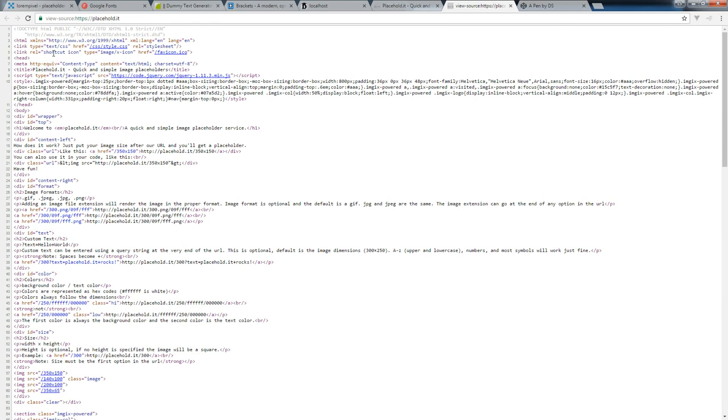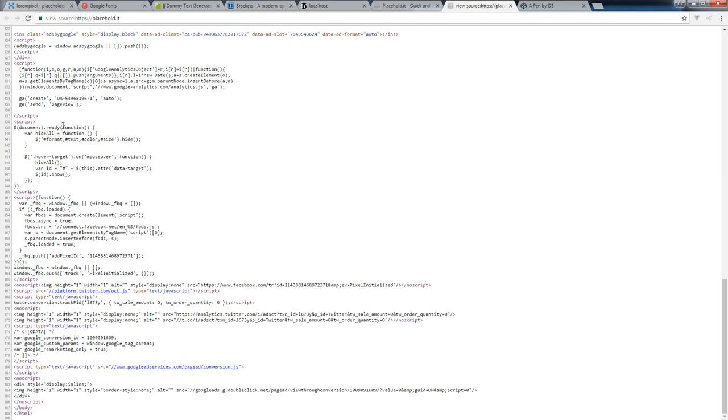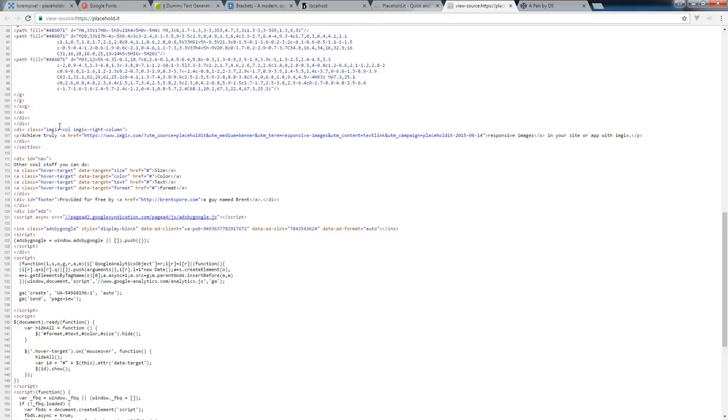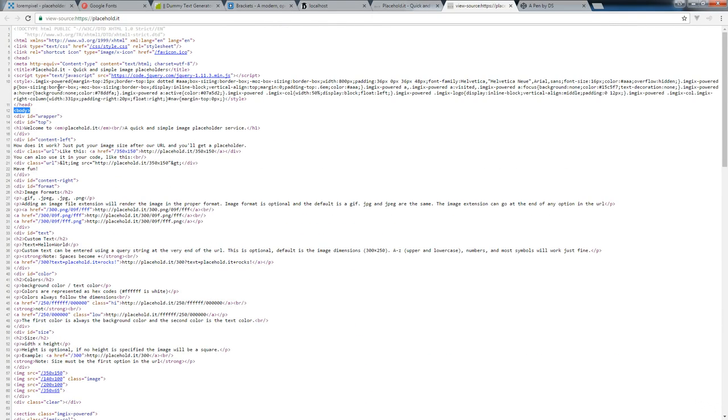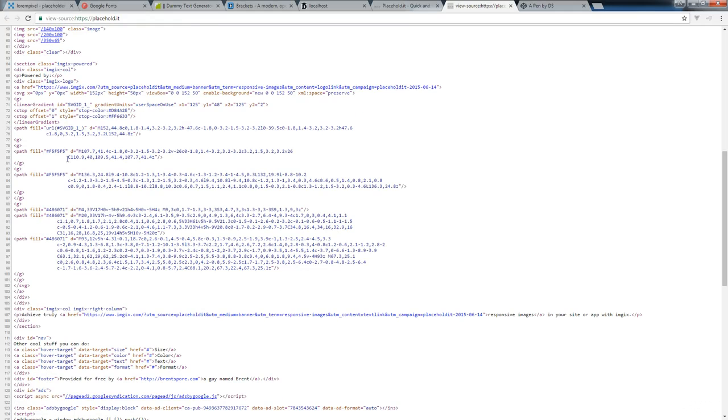When we look at the source code for this website, we see that there are some distinct areas within our web page. All of them start out with HTML. We've got some content here within the head area. We've got a body area, and then we've got some script information here. So this is JavaScript. We also have some styling up here. So this is CSS. And then in between here we've got body, and we've got a whole bunch of these opening and closing tags. So P opening, P closing,